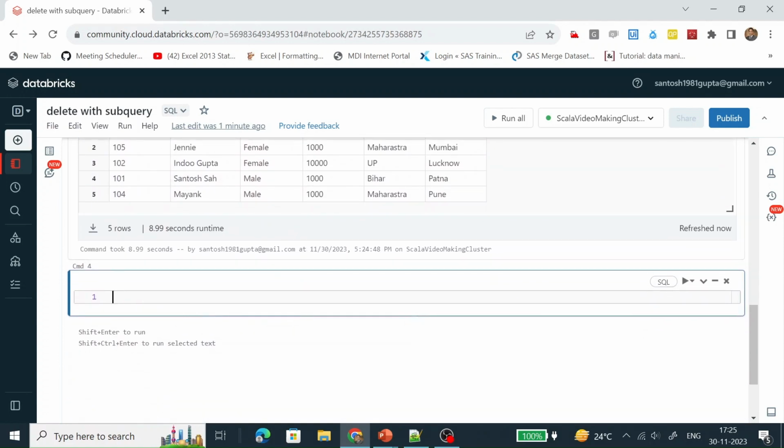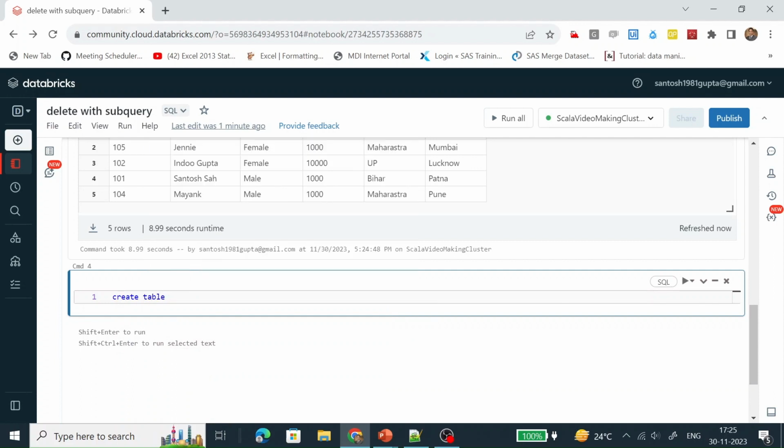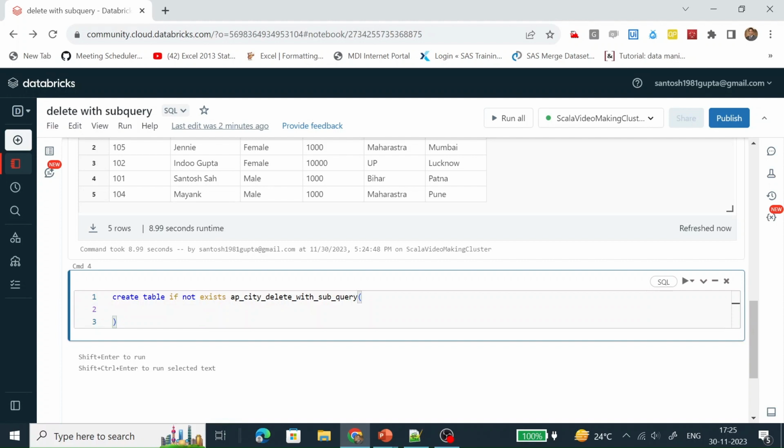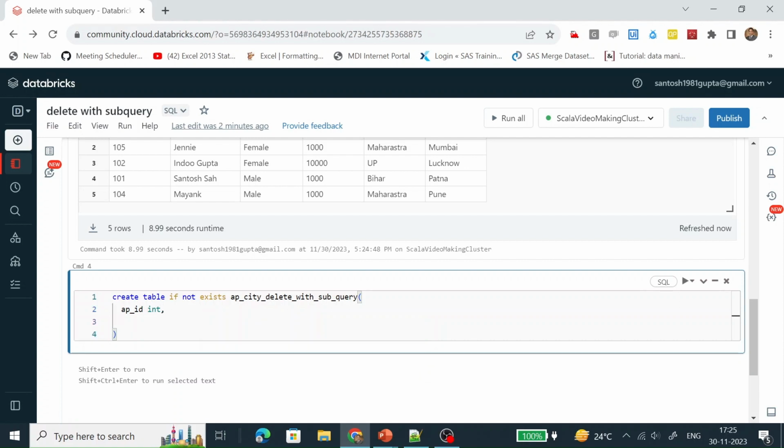So let's create another table. Create table, and the name of the table is AP city related with subquery, and this is the schema: AP ID of int type, then AP city of string type.